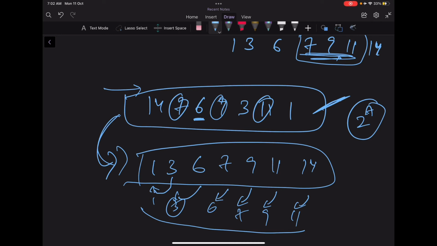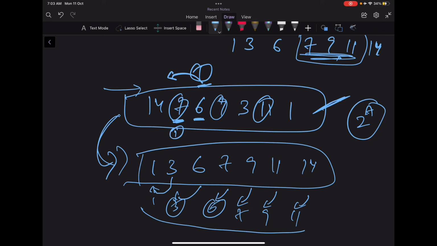If I have, then what is the best length of a subsequence it had? But I have not encountered a 3 before this, so the best length till now is 0. So I just add 1 to it, and the best length till 6 is 1. Similarly for 7, the previous number for 7 is 6, but 6 had not been encountered before 7. So again, for 7 also, the best length till here is 1 only.